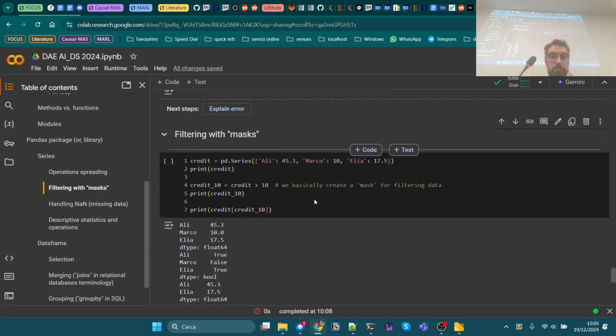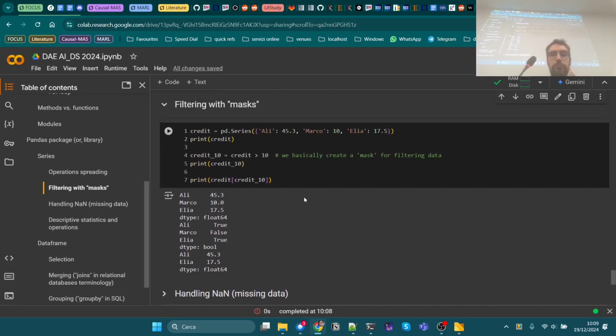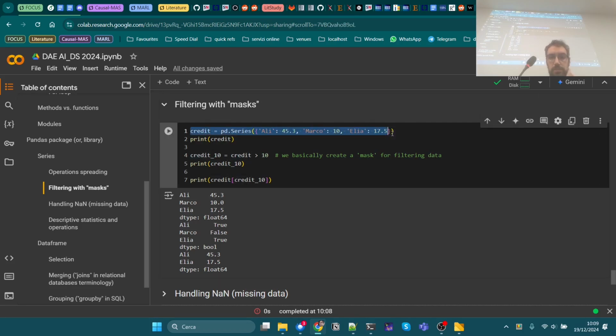Then there is another reason. You can quickly filter elements with a series. Let's assume I have this series of elements, people used as index and a number associated to them. Let's say that these people owe me money. I can quickly filter my series, my collection of elements, using what is usually called a mask. So I can say my mask is that I want to filter only people that owe me more than